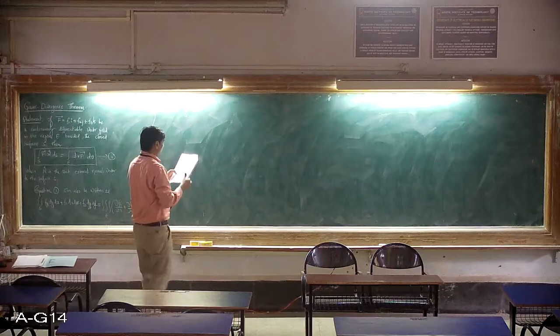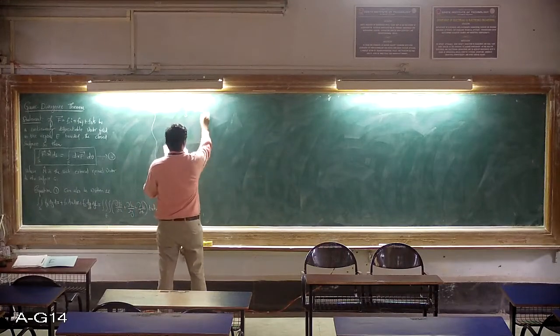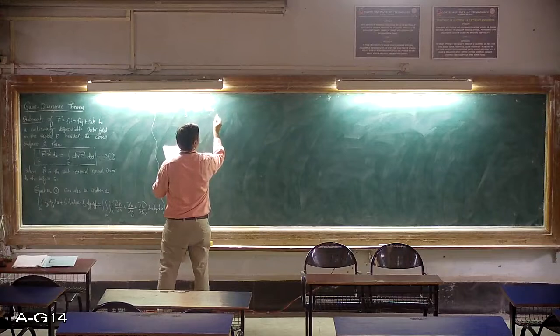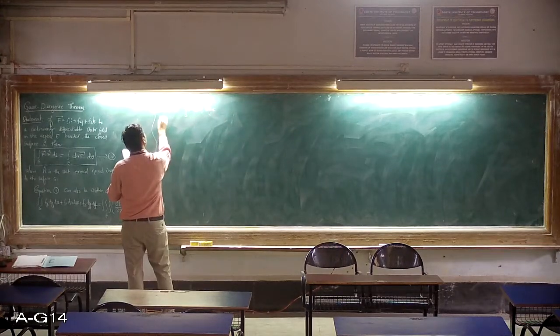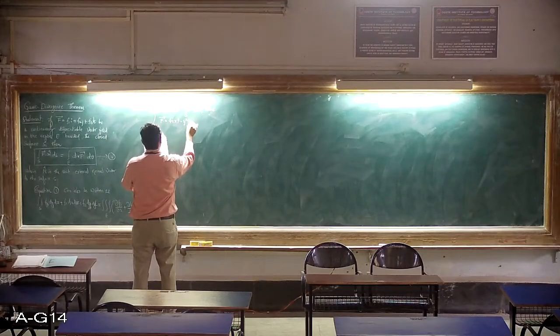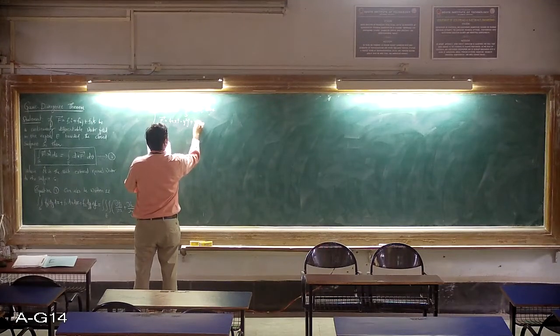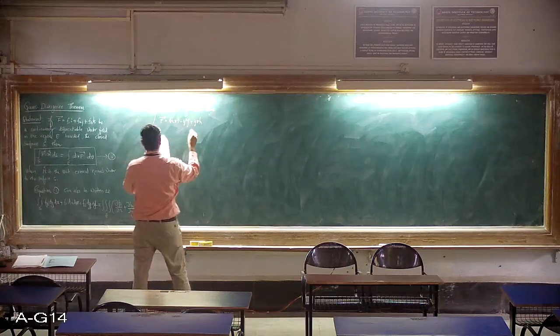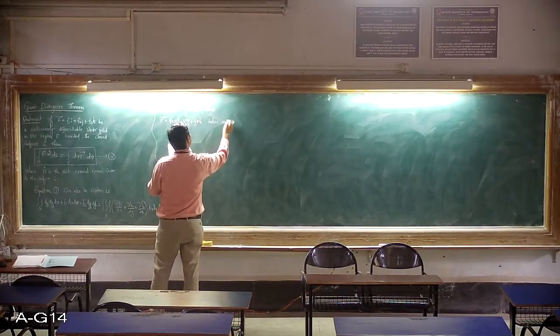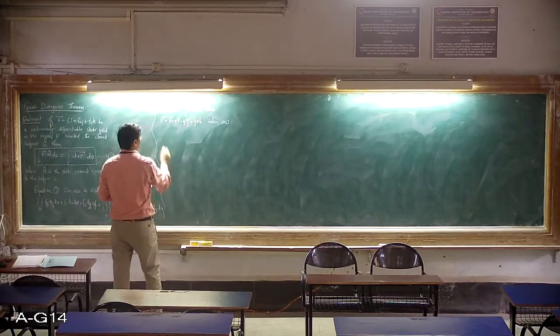Where F is equal to 4xz i minus y square j plus yz k, taken over the cube,